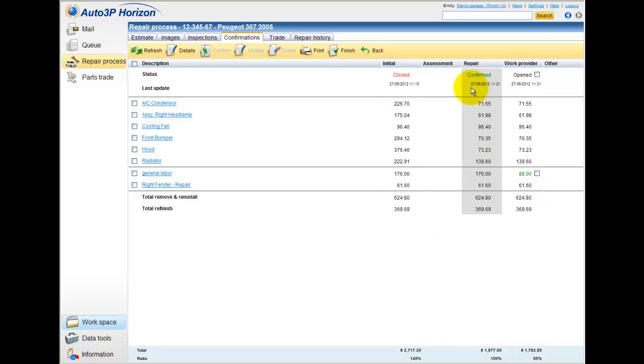What we can see here, this is our repair insurance in repair version, and here I can see the work providers version. I can see that here on this record